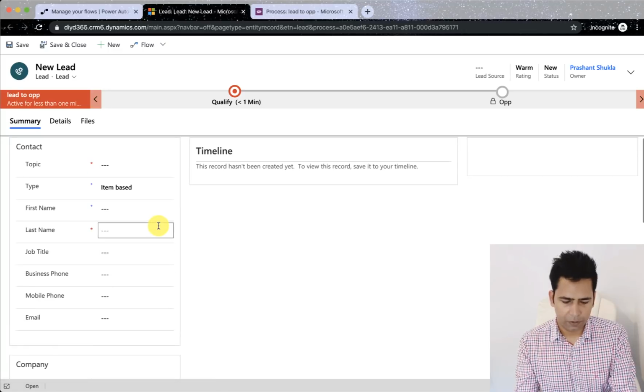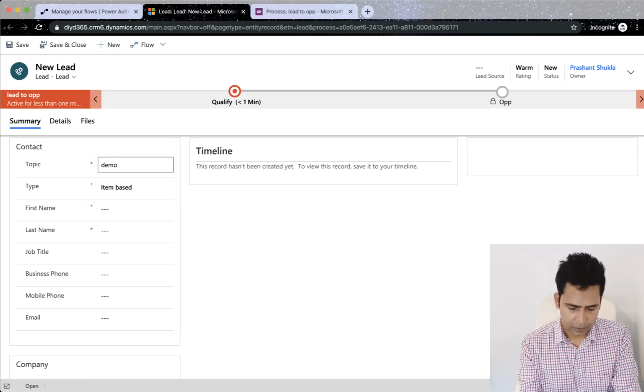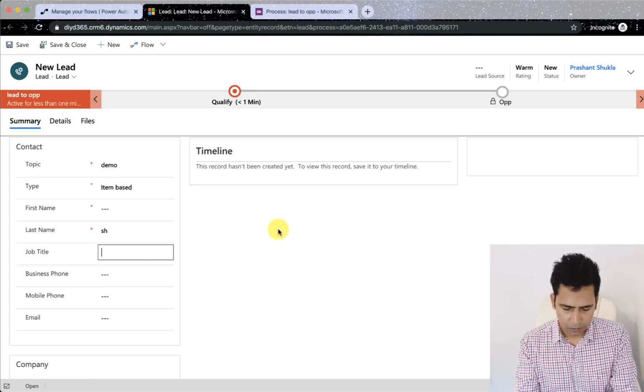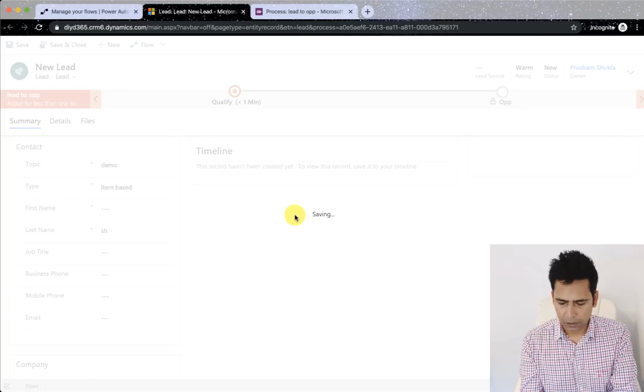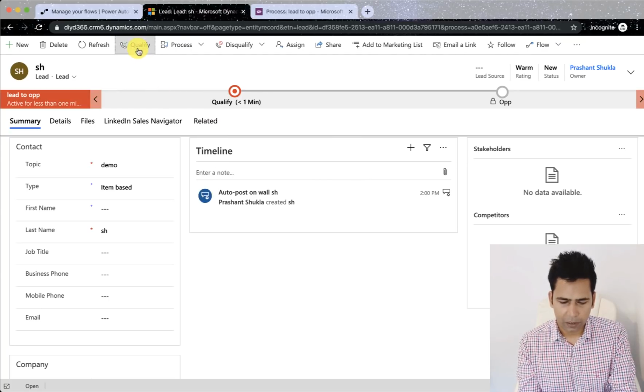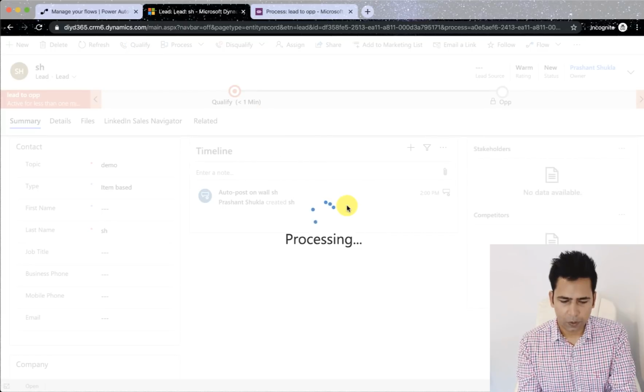This is the lead form. Now I'll quickly add something here. Okay, here, save it. And as and when I save it, you will see that my current stage is qualify. Now, if I click on qualify,